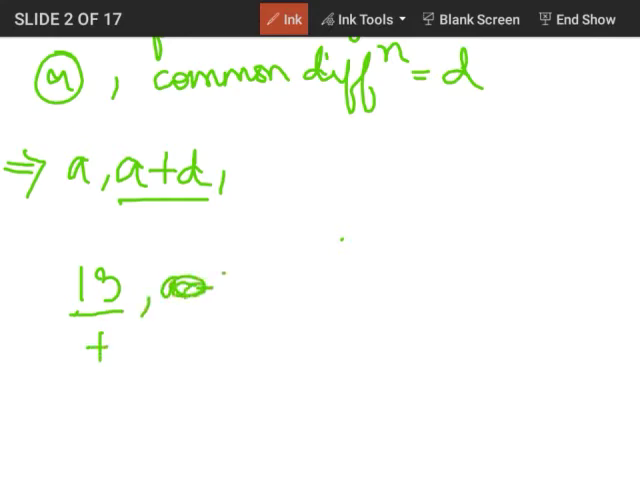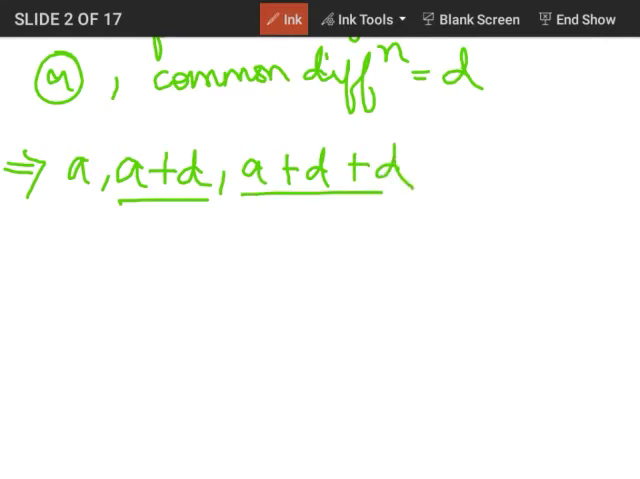Now what we have to do is add the common difference to the second term in order to get the third term, right? In our case, the second term is a plus d. So what will be the third term if our common difference is d? It would be a plus d, which is the second term, plus the common difference. This will be the third term, or if you add the d's, you will get a plus 2d,